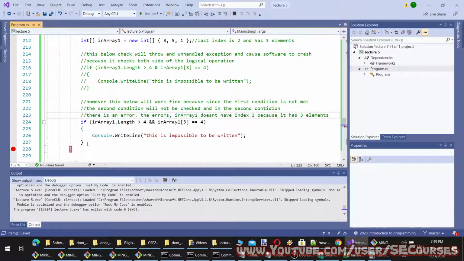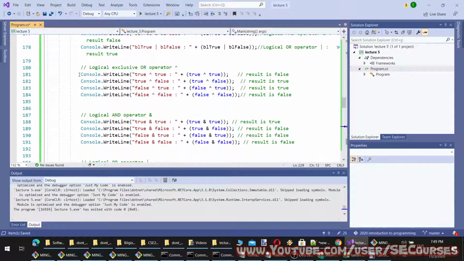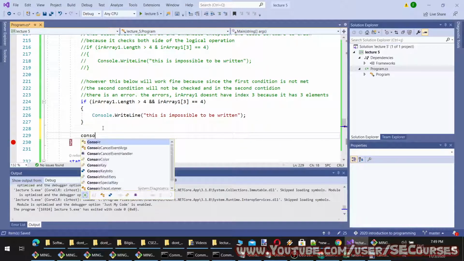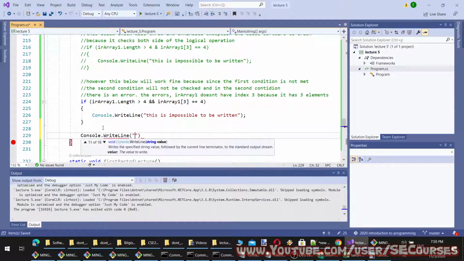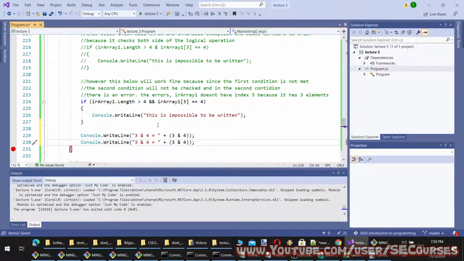So I want to test something else here. Let's make it like this: 3 and 4. Let's see what kind of result it generates.